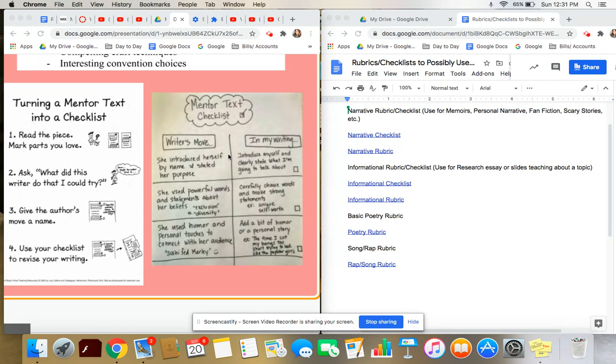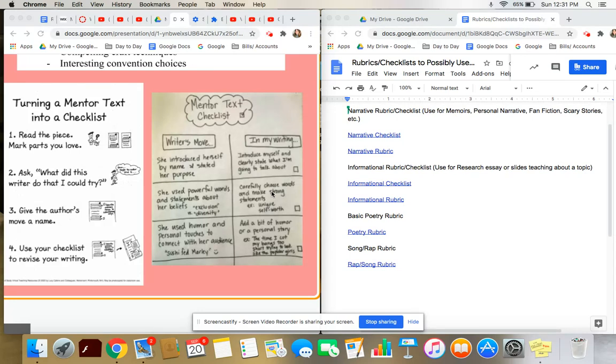I want to remind you that you can turn to mentor text and a variety of other tools such as rubrics and checklists to really help guide your revision. When you are going over your projects and looking to make them better, we want to not only edit for punctuation and grammar mistakes, but we also want to revise and really dig into these and see how we could improve this writing.